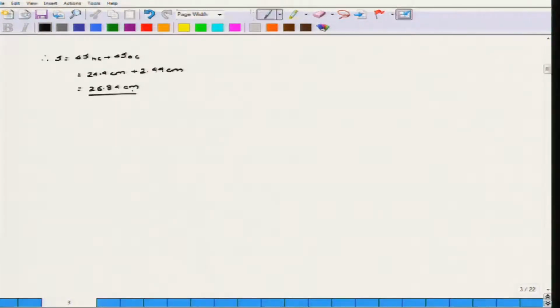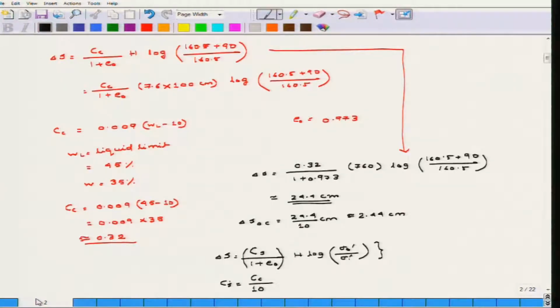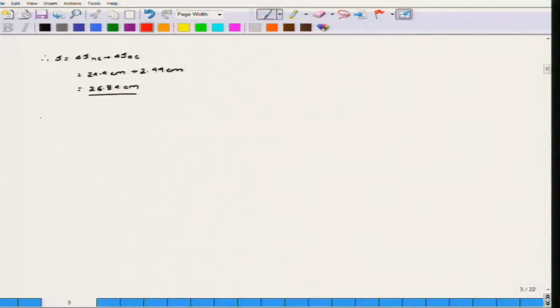Now remember, this is all an approximate calculation, because neither the graphs are given here, nor do we know the pre-consolidation pressure. If you know the pre-consolidation pressure, then you have to find out the over consolidated settlement from it, because as you all know from the lecture, total settlement is given by delta SNC plus delta